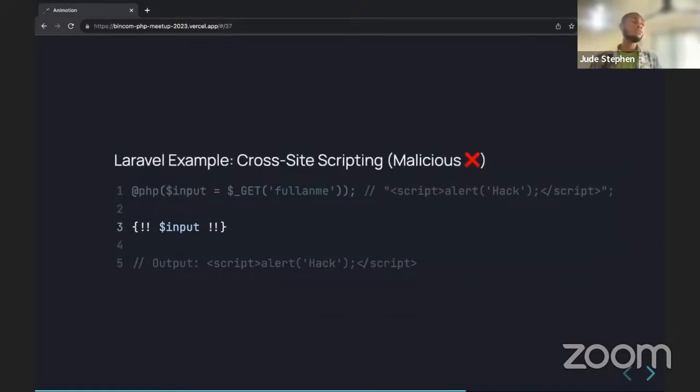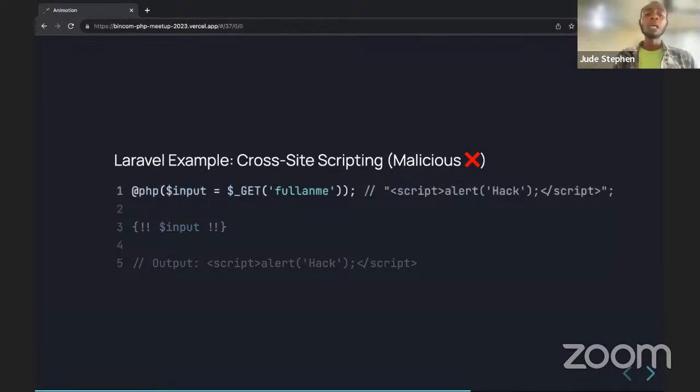In Laravel, we have Blade, and Blade gives us its echo statement. Its echo statement comes in two ways, the double curly bracket and the single bracket with double exclamation mark. So this is an unescaped Blade statement. This statement is going to execute whatever script is being passed to this input. And if that happens, our Laravel application is as vulnerable as that plain PHP application. So when you are using this, please be sure that the data you are displaying is safe. Especially be sure that it's not coming from the user.